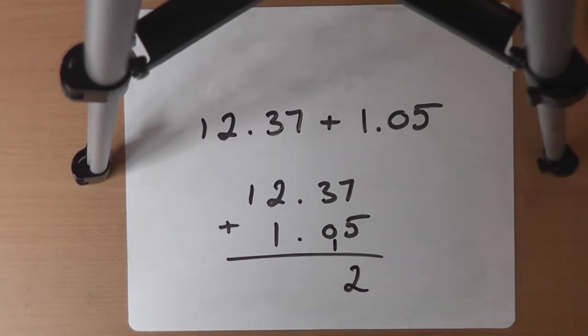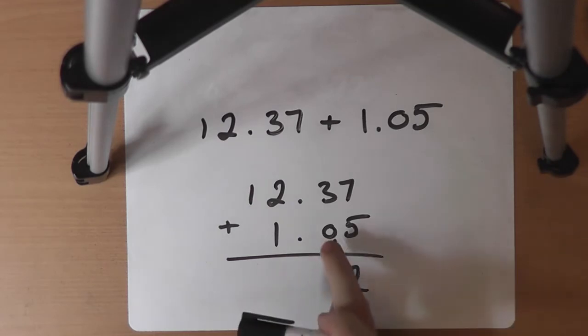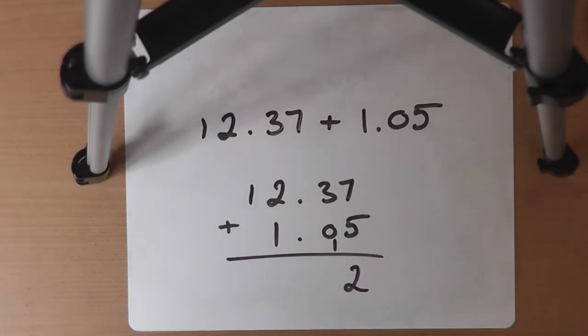Because we've added 7 hundredths and 5 hundredths to get 12 hundredths. Do we need to understand what hundredths and tenths are to do this? No, we don't. We just need to recognise that the 12 hundredths will swap for 2 hundredths and 1 tenth, because that's what we're doing. We're swapping it for one of the next column up in this case. 3 and 0 and 1. 3 tenths plus no tenths is 3 tenths, plus the extra tenth we've just gained from the swap will be